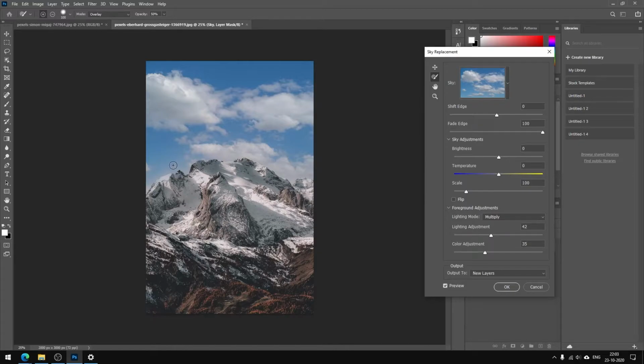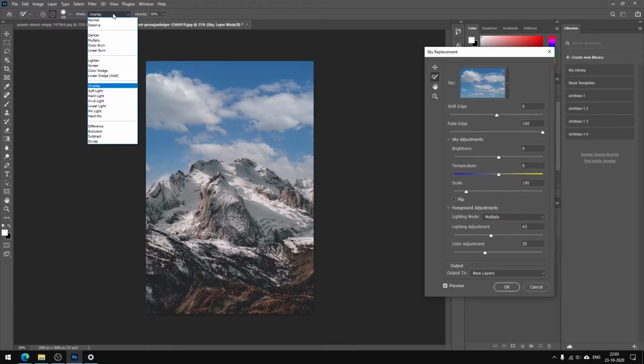We have to paint on the area where we want to add the sky. If we want to remove the sky from a certain area, we select this one, and now if we use that, you can see that we will be able to remove the sky from that area. We can change the opacity of the brush.